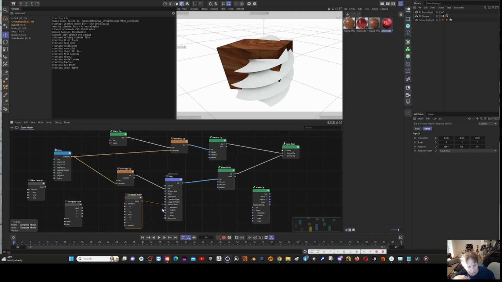This is because this wants a matrix as opposed to an operator. This says do a transform on the object. This is what's going to control the effector. So for example,